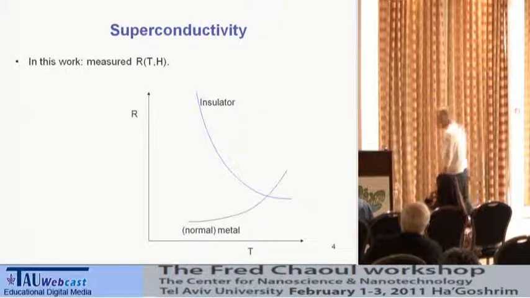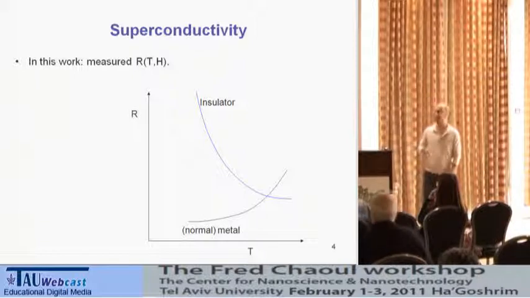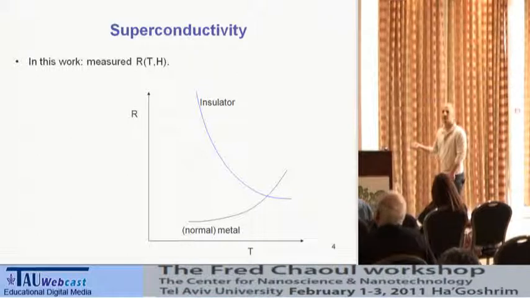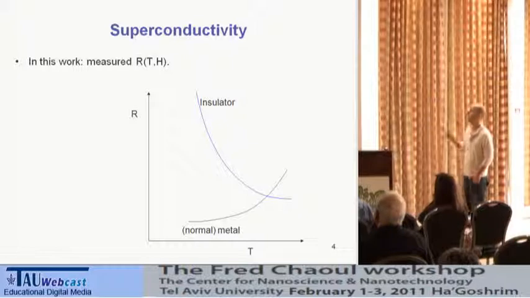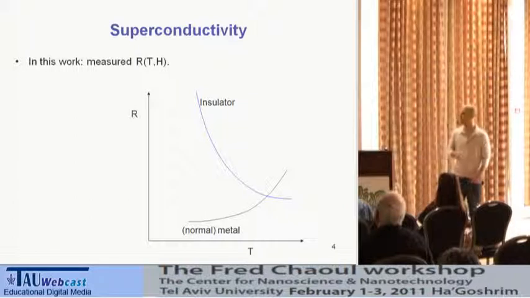So I come from a transport lab, and the main thing we did in this study is measure the resistance as a function of the temperature. Let's say I have some kind of a sample over here, I'm measuring the resistance, and I'm cooling it down. What can happen? Two main things can happen. One, the resistance can go up, and then we usually call it an insulator. Or it can go down, usually with some kind of a plateau at low temperatures, and then we say